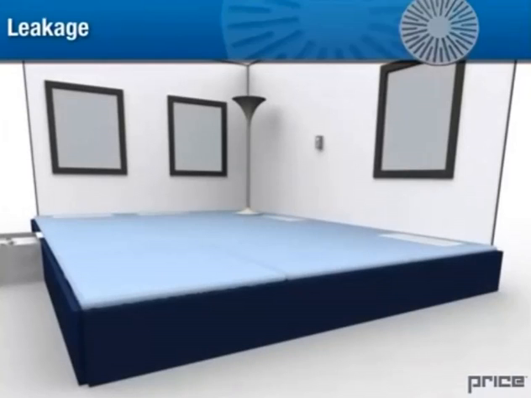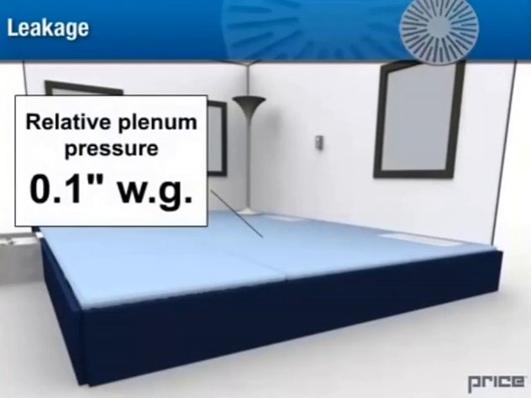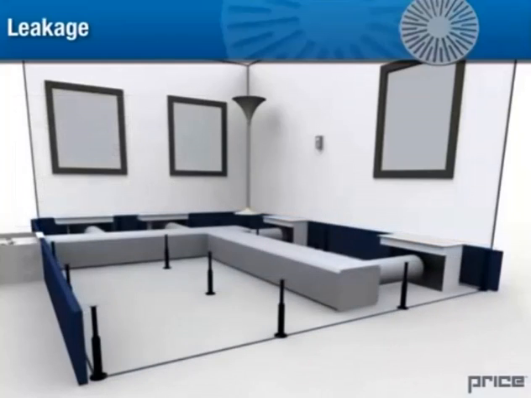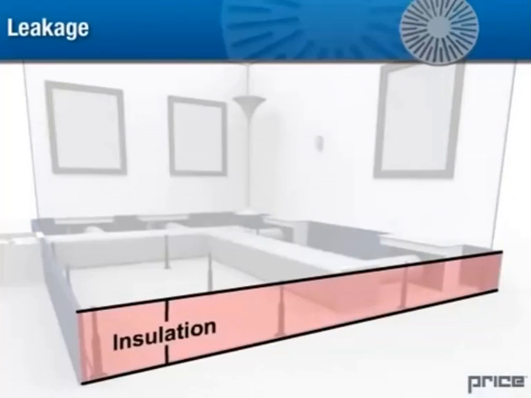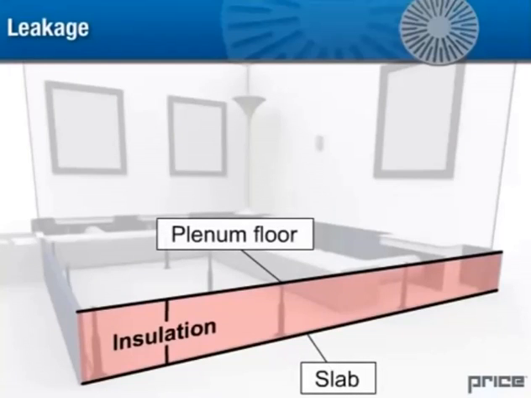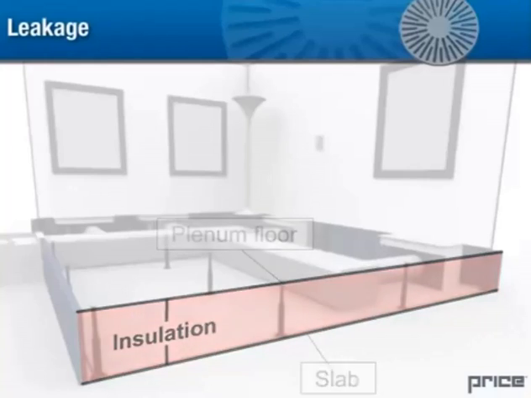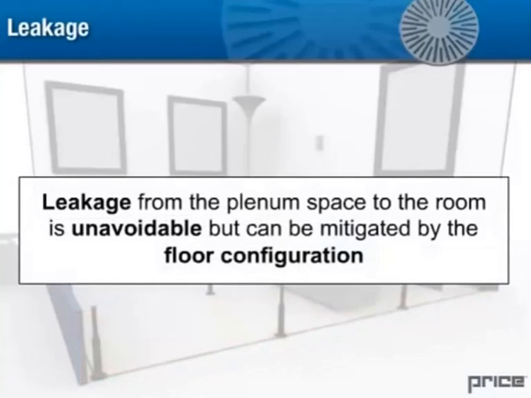Due to the relative low pressure of the floor plenum, usually not higher than 0.1 inches water gauge, good construction materials and good installation generally provide adequate protection. It is recommended that insulation equal to the height of the floor plenum be installed along the perimeter walls. Furthermore, it is essential that partitions extend from the slab to the plenum floor in order to effectively seal the plenum. Having said that, leakage from the plenum space to the room is unavoidable, but can be mitigated by the